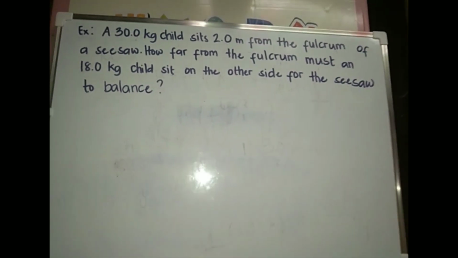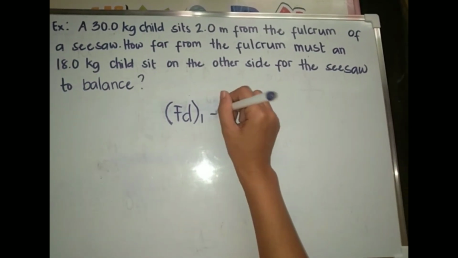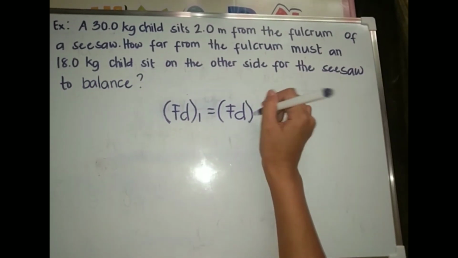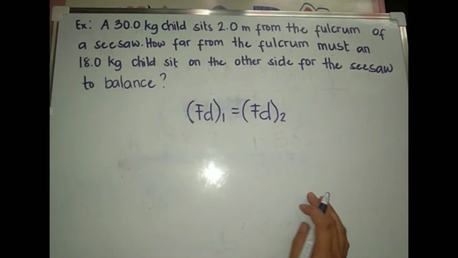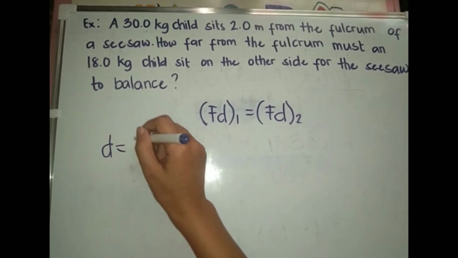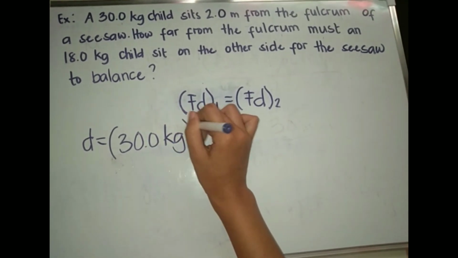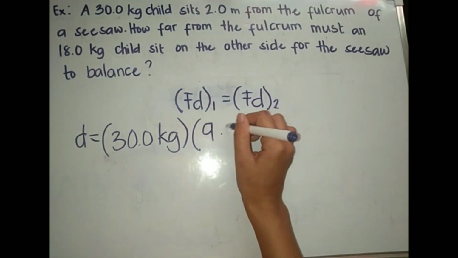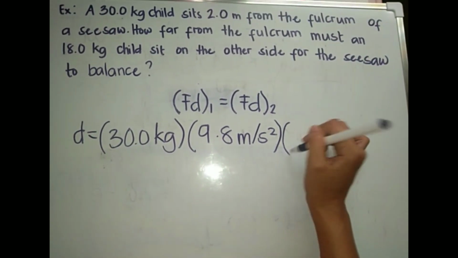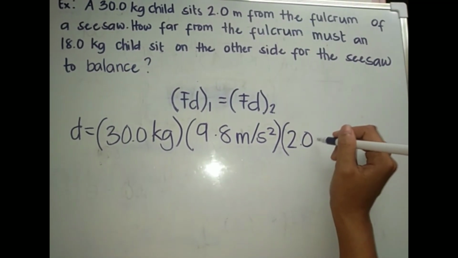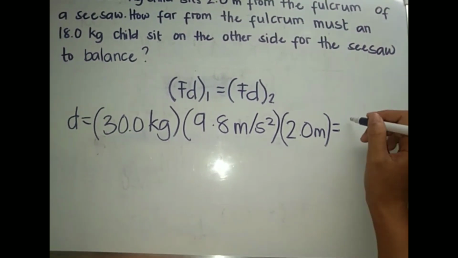Net torque must be zero, so if F1 d1 equals F2 d2, then in this case the force is the weight of the child, which is 30.0 kg times 9.8 meters per second squared, times 2.0 meters, equals. To calculate this, the answer is